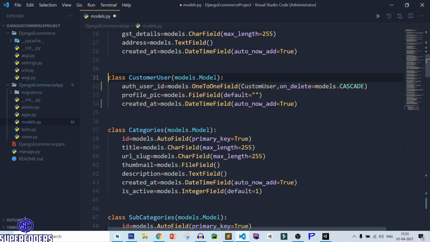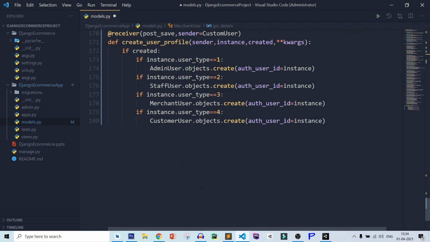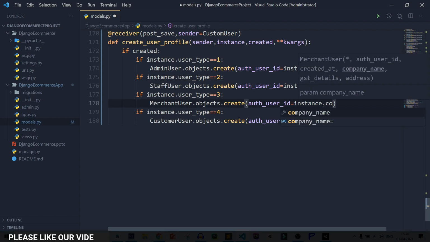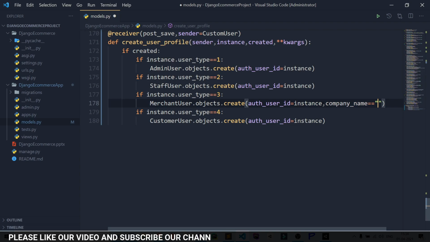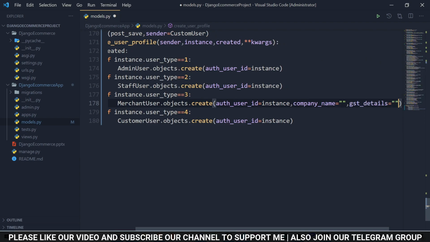Let's check every object. Profile pic default blank. For merchant user, we need to pass this data, company name and GST details, because these are not default values. So company name equal to blank, then GST_details equal to blank.